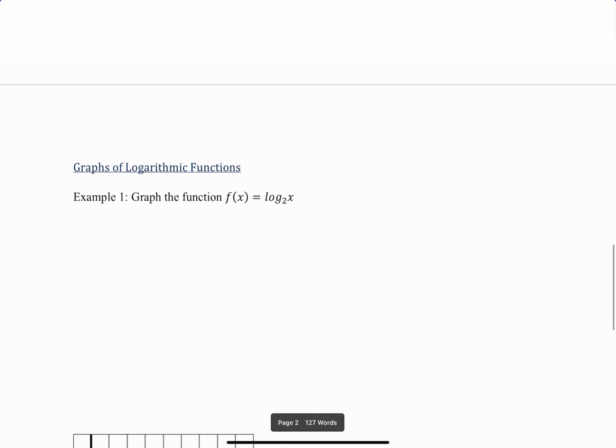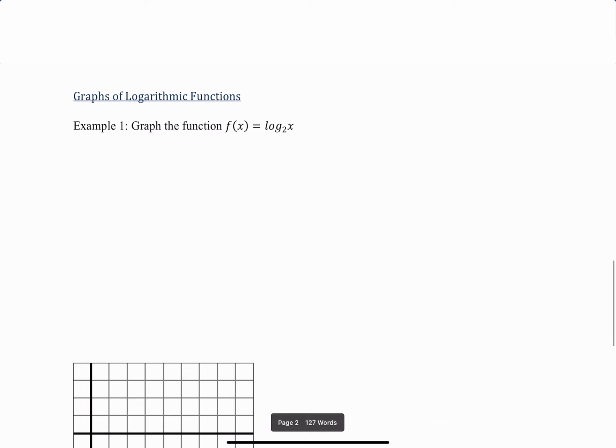Let's go on and talk about graphs of logarithmic functions. We'll graph the function f of x equals log base 2 of x. Now, there's a couple of tricks for doing this. Trick number 1 is to get rid of the function notation and just call it y equals log base 2 of x. And the reason I want to do that is because of trick number 2,